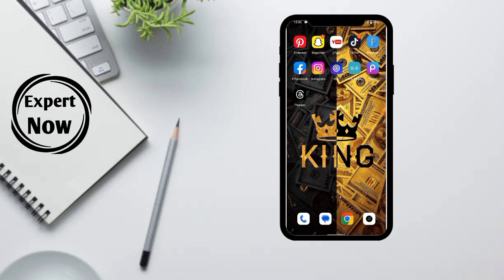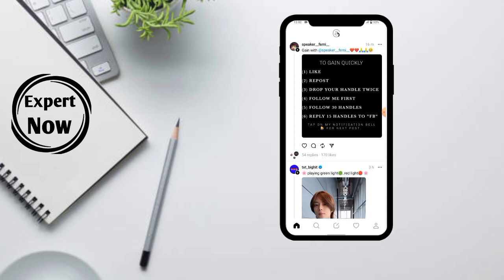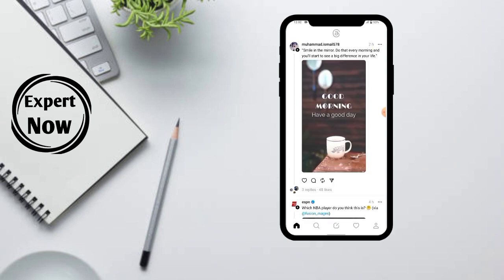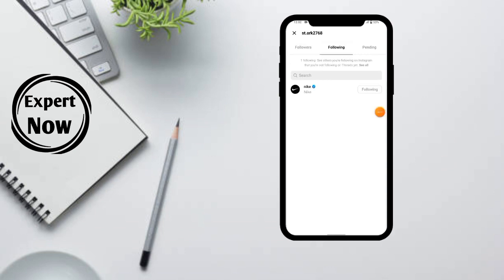So first of all, open Threads and then go to your profile and click over there, right? You can see your followers and following. Switch to following, and here on the top, if you